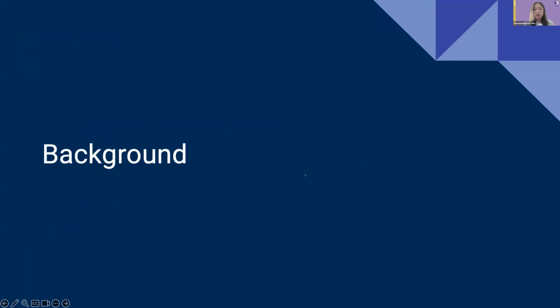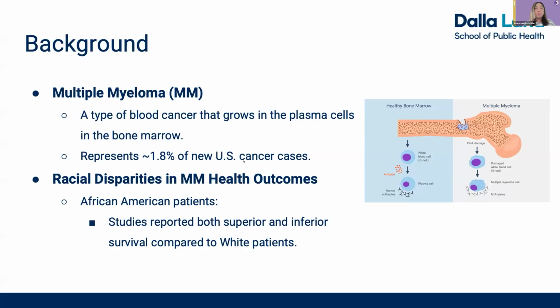So a bit of a background about my research. Multiple myeloma is a type of blood cancer that grows in humans' plasma cells in the bone marrow, and it is a rare cancer that represents about 1.8% of new cancer cases in the United States. And although there has been improvement in the multiple myeloma health outcomes, there were still racial disparities that have been observed. Especially for the African American patients, there have been studies reported both superior and inferior survival outcomes compared to